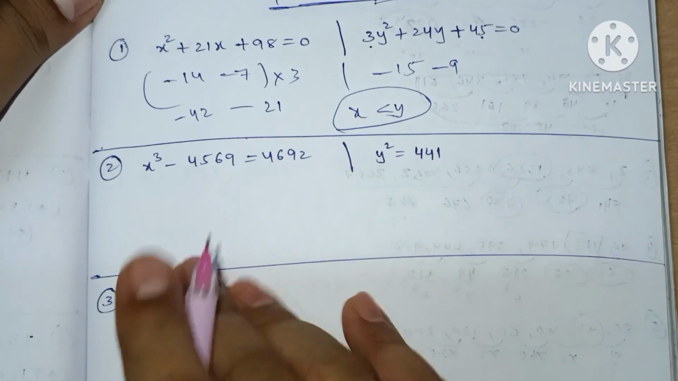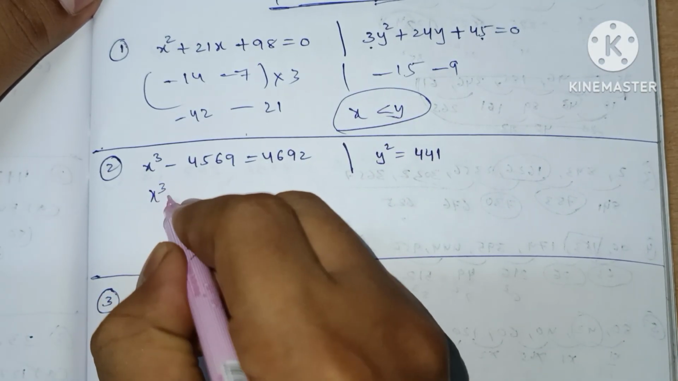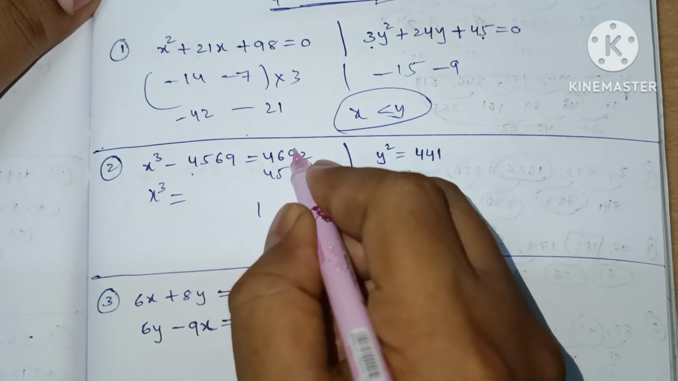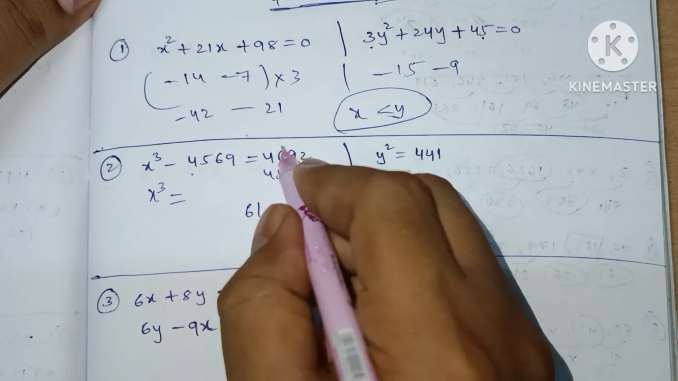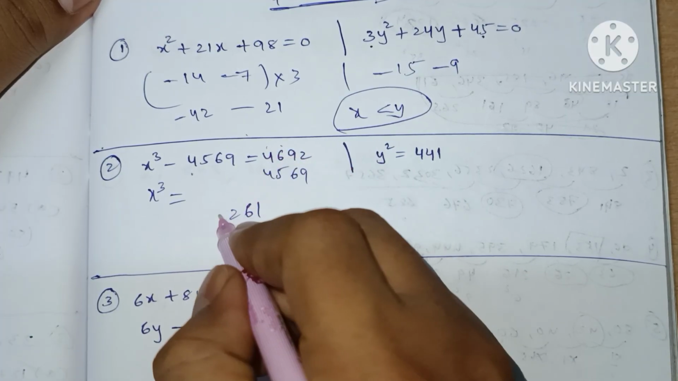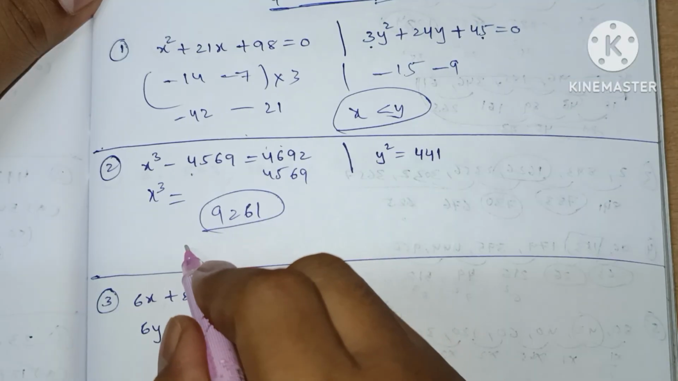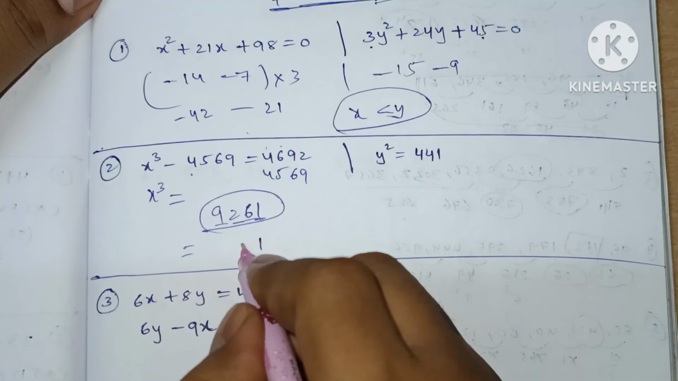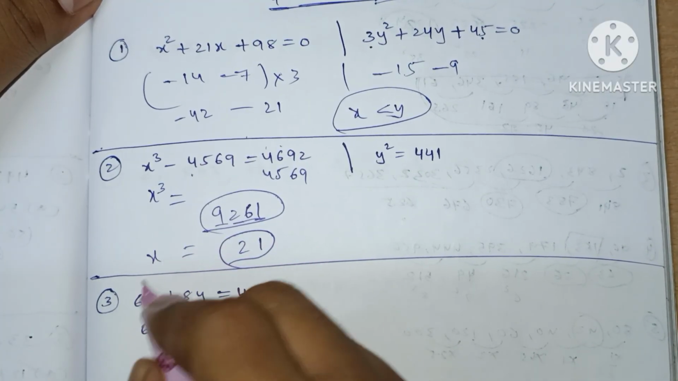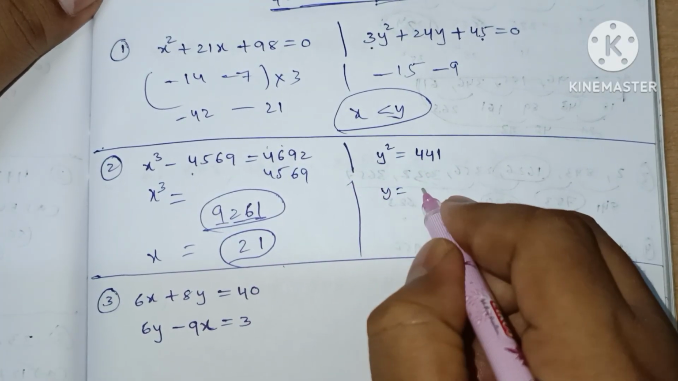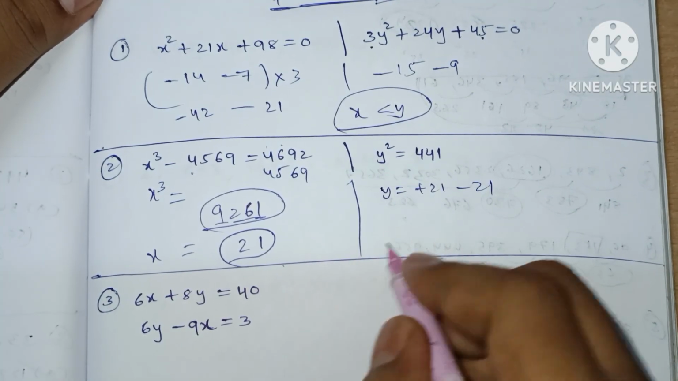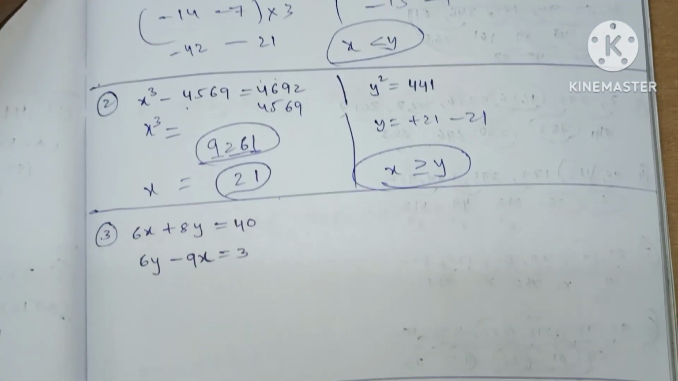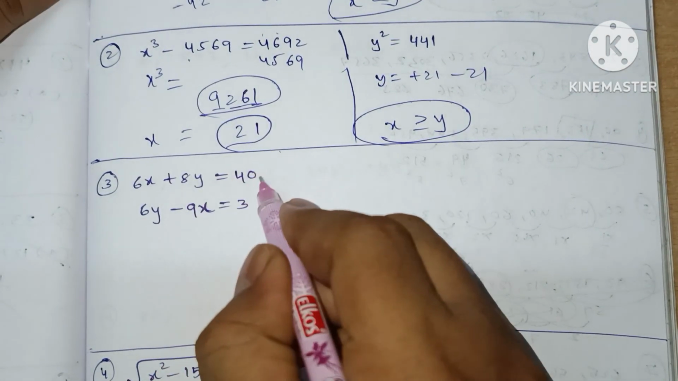Okay. Second question, x cube equals to, this comes this side with the plus. We have 1 16 12 9 to 61. 9 to 61 is unit digit 1, leaving 3 digits 9 2 cube. So answer will be x is equals to 21, y equals to plus 21 minus 21. Now by comparing these two, it is clear that x is greater than or equals to y. Okay. Third one, here